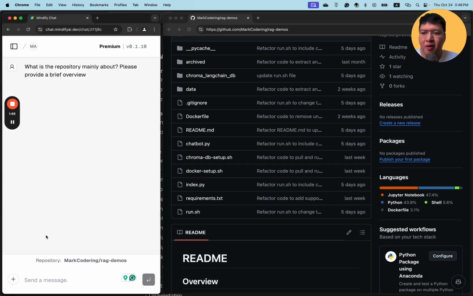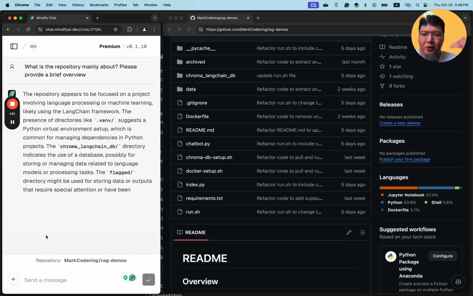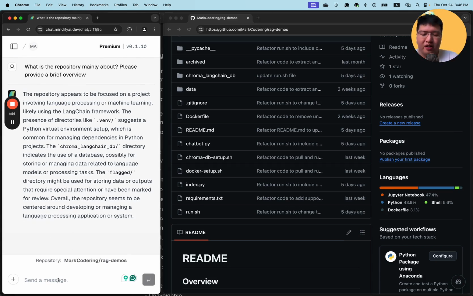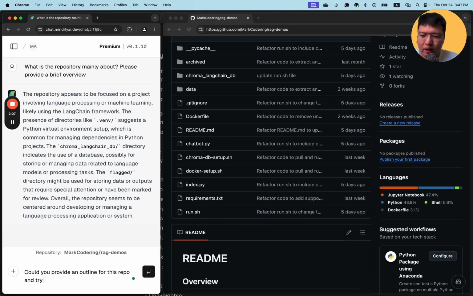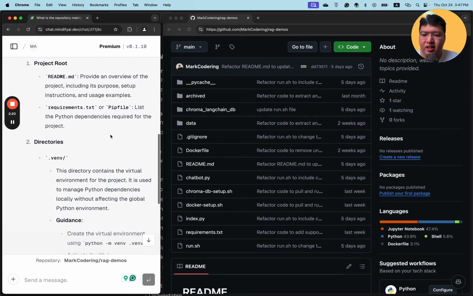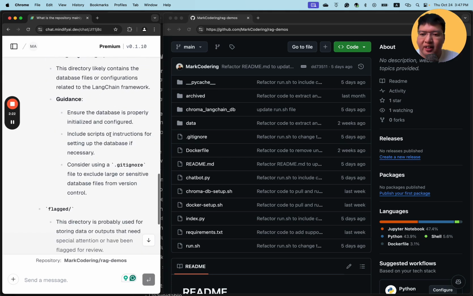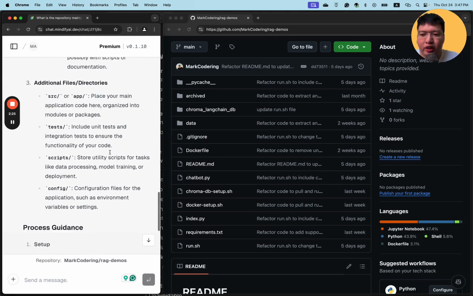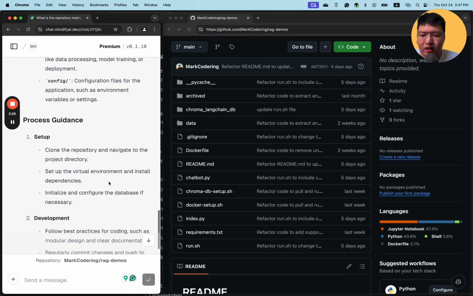So what is the repository about? We want to learn more about what the repository is trying to do, and you can provide an outline for this repo and try to guide me through this process. Yeah, so now it can basically share some top ideas and items or directories that are within the codebase, and